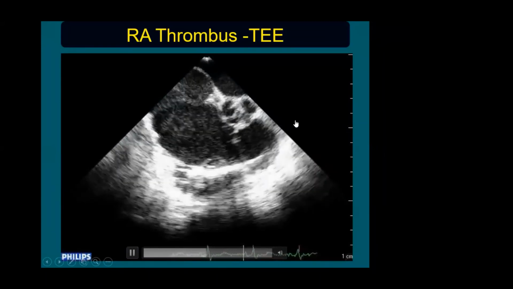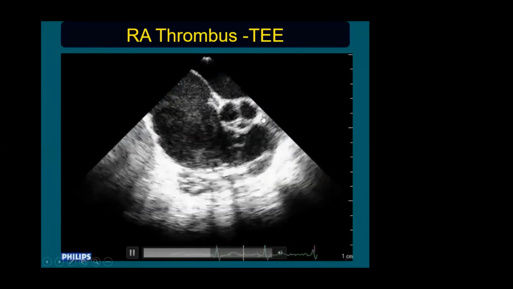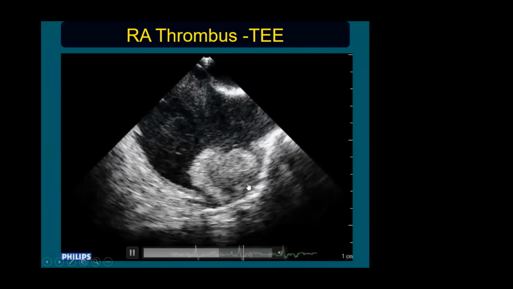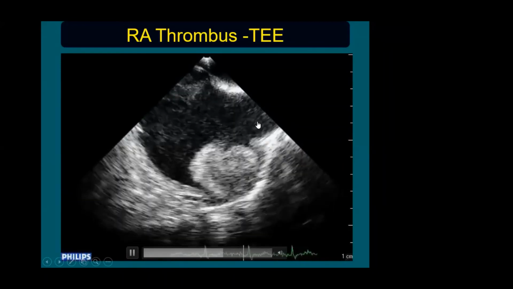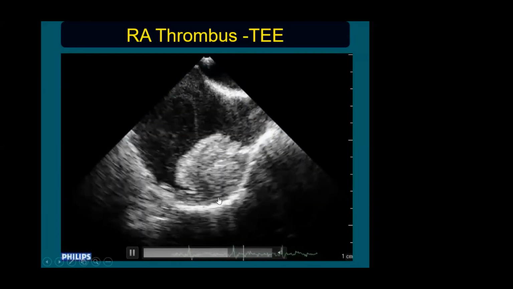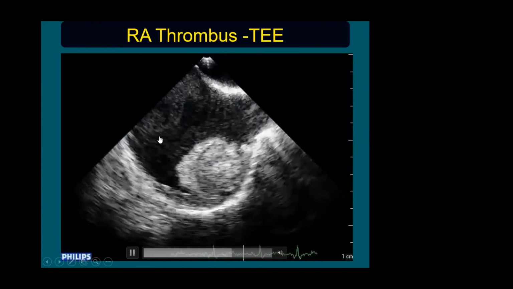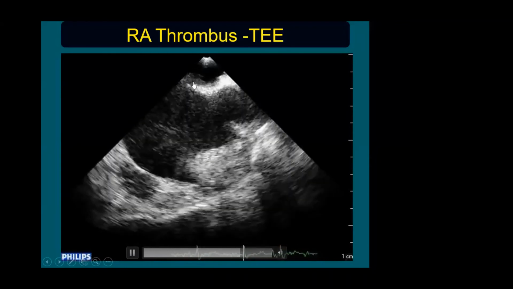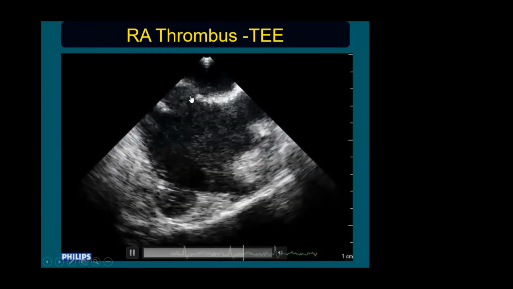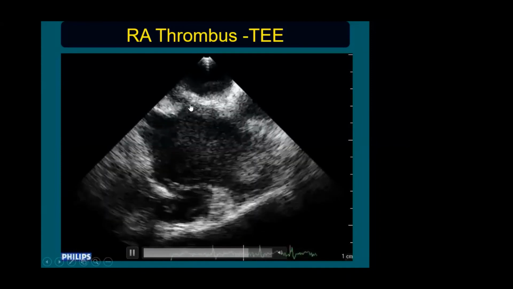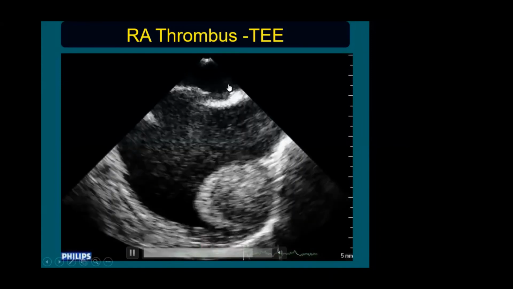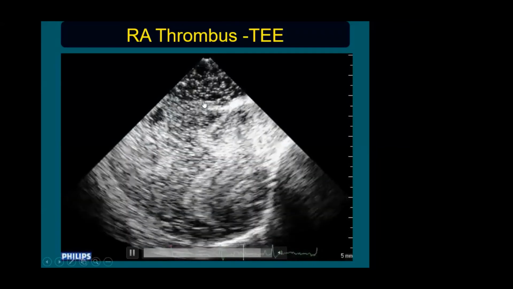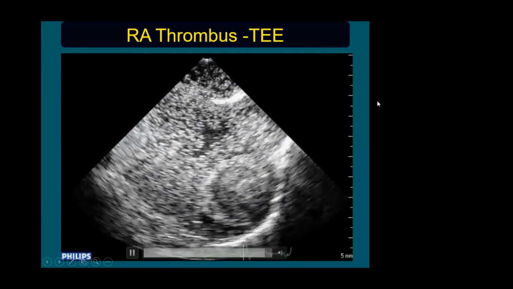And if you see carefully, in the 45 degrees and the bicaval views in the short axis in the transesophageal echo, you can clearly identify the mass is arising from the right atrial appendage. This is the superior vena cava and this is the right atrial appendage. The mass is attached to the right atrial appendage and it is extending into the right atrial cavity. This patient was severely cyanosed due to a right-to-left shunt across the interatrial septum. Through the patent foramen ovale, there was a shunt from the right atrium into the left atrium. You can see the contrast echo filling the right atrium, crossing the interatrial septum through the patent foramen ovale, coming into the left atrium.